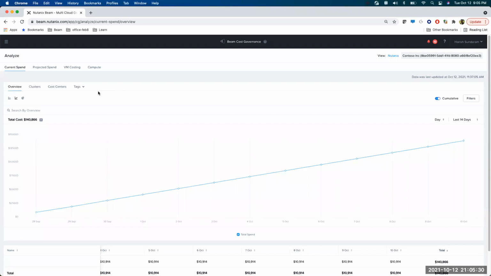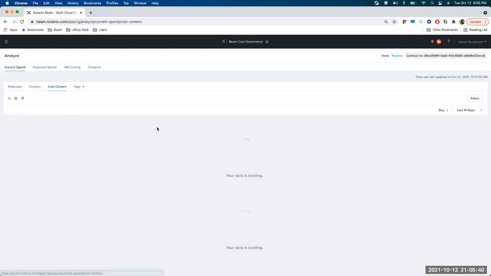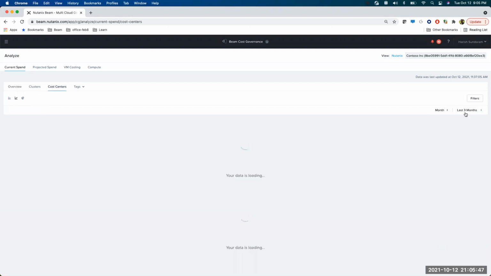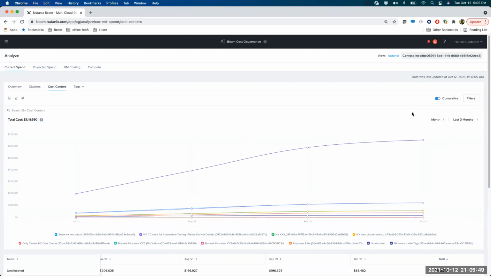Let's say you want to identify the highest spending cost centers on your Nutanix private cloud over the last 3 months. You can do that by selecting Nutanix from the view selector and navigating to the cost center tab. In this view, you can see the list of cost centers with Nutanix resources and their spend over the last